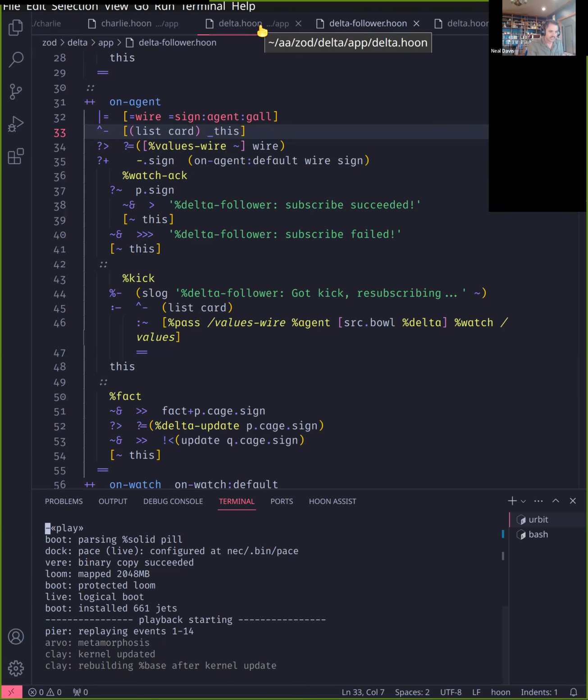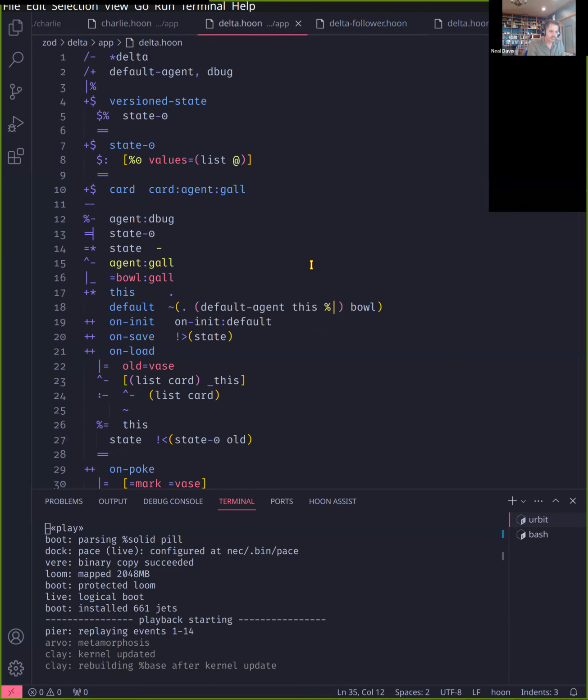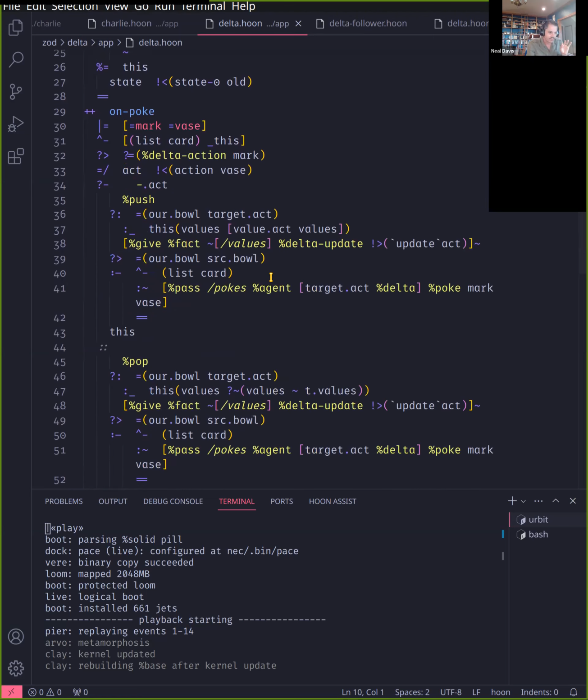So to start us off, delta.hoon was the agent that we introduced last time. And if we're looking through most of the boilerplate here, it doesn't look that different from something like Charlie. It's not doing a whole lot of other kinds of things. What it is going to be doing differently is it will be handling, let's see